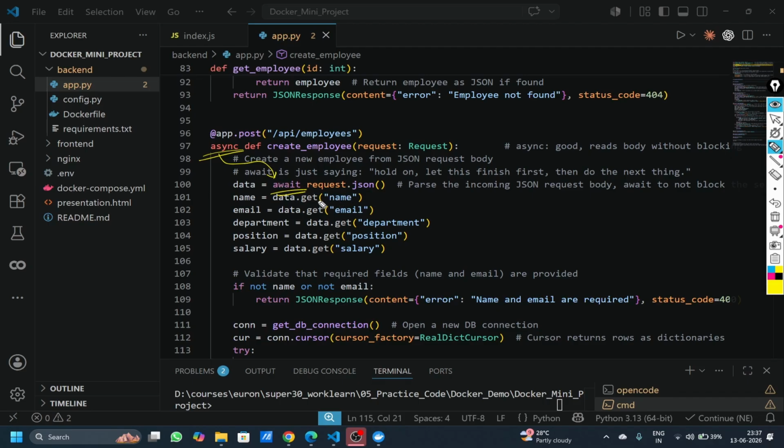Await is needed since here we are fetching a JSON request from the request, so it will take some time. On a real-time basis, on a production kind of system, there can be multiple users hitting this API. So instead of waiting for parsing the information that the user has sent,